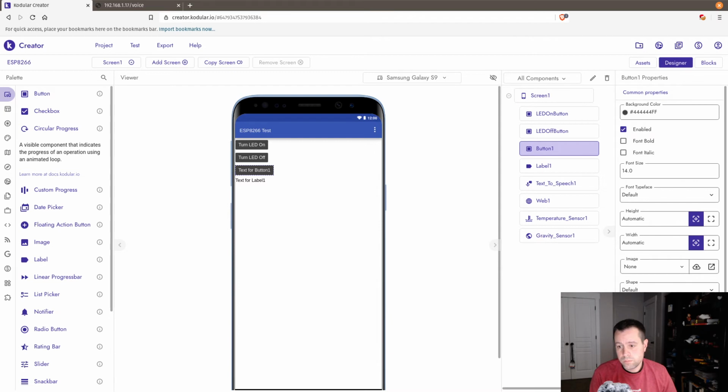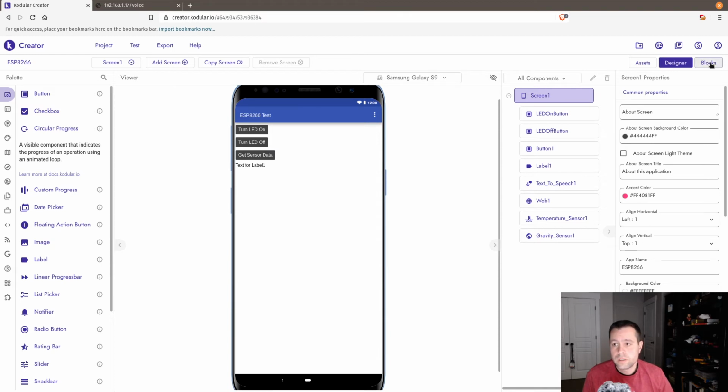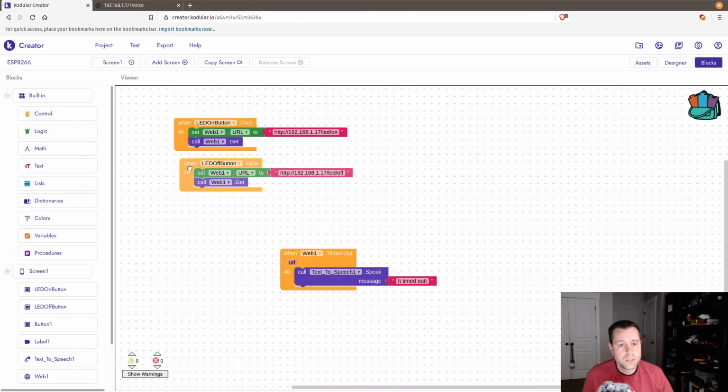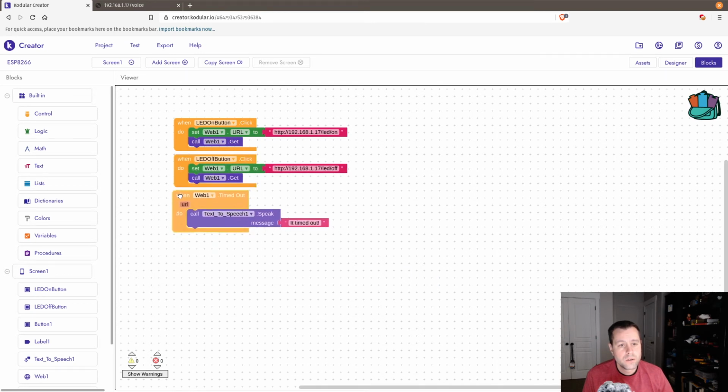Get sensor data. Okay, let's come back over to the blocks. Let's do some housekeeping here. Keep this nice and tidy. And then let's do a